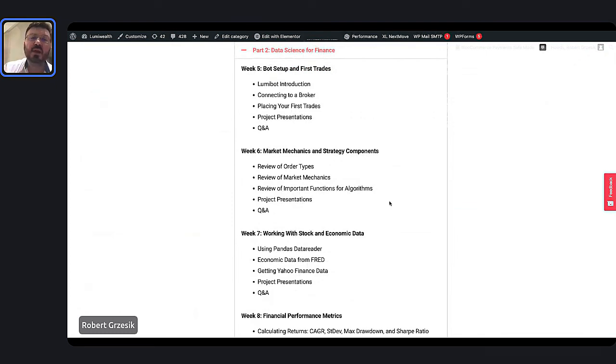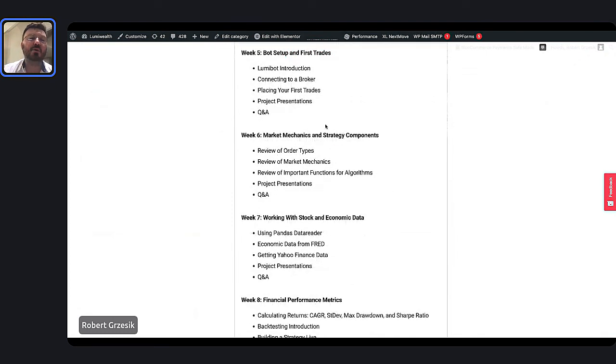It's very cool. In week 6, we're going to talk about the mechanics of the market and how the stock market works at a more detailed level, and specifically how that applies to the world of algorithmic trading. We're also going to show you how to do some back tests, and how to take previous data and see how things would have performed based on that data.